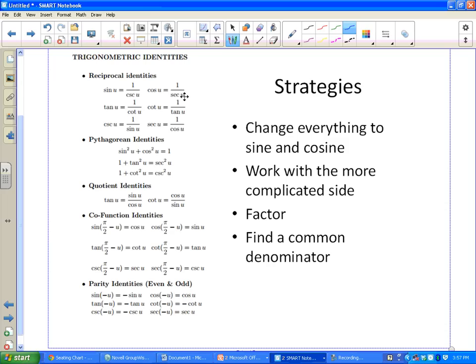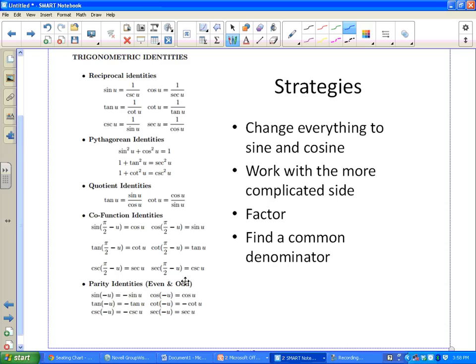I pulled this off of just somewhere, so it doesn't look exactly like what we have, but use what you have on your circle card. It's basically the same thing. We have the reciprocal identities where, if you flip sine, you get cosecant, and so on. Pythagorean identities, which are new to us as of 5.1, where you have sine squared plus cosine squared equals 1. The quotient identities, tangent is sine over cosine, cofunction, and then the parity identities,